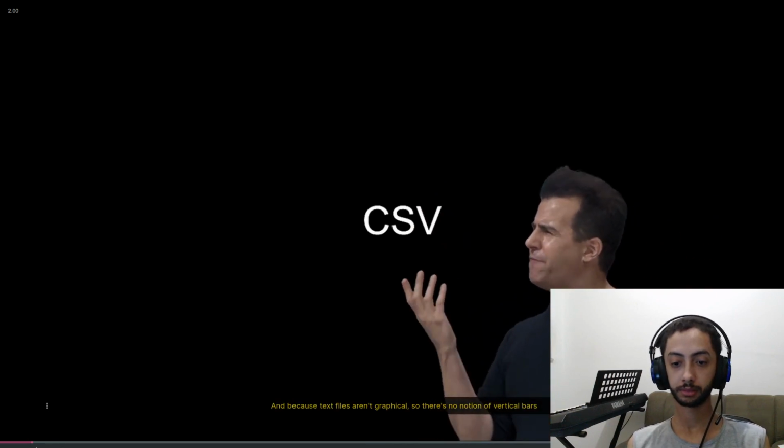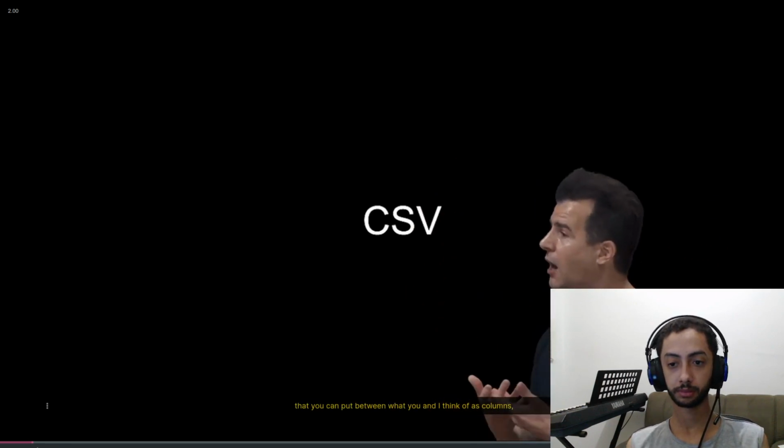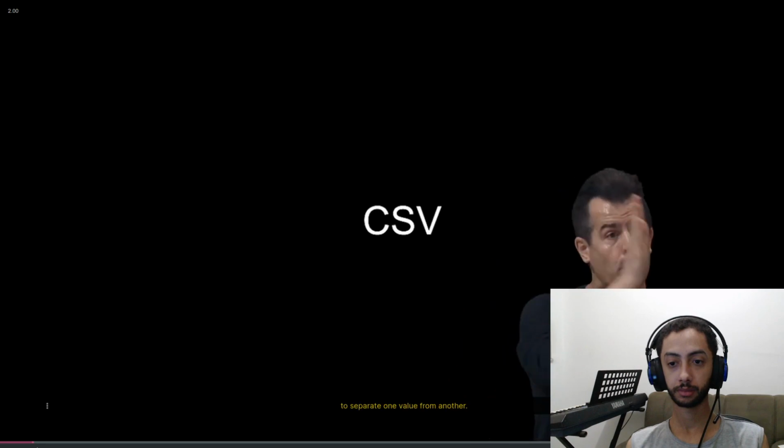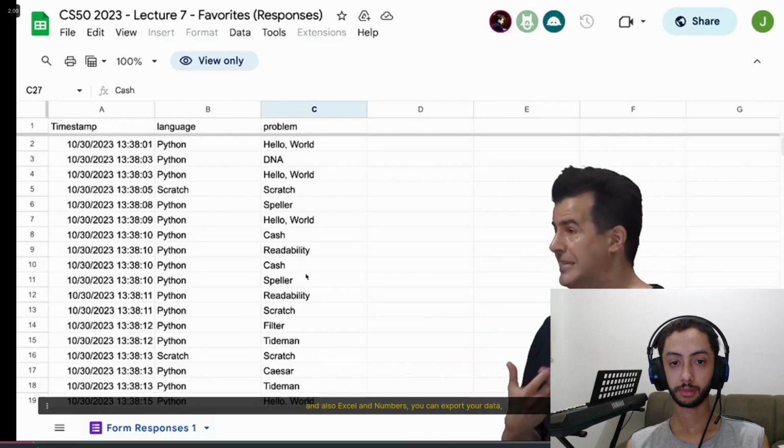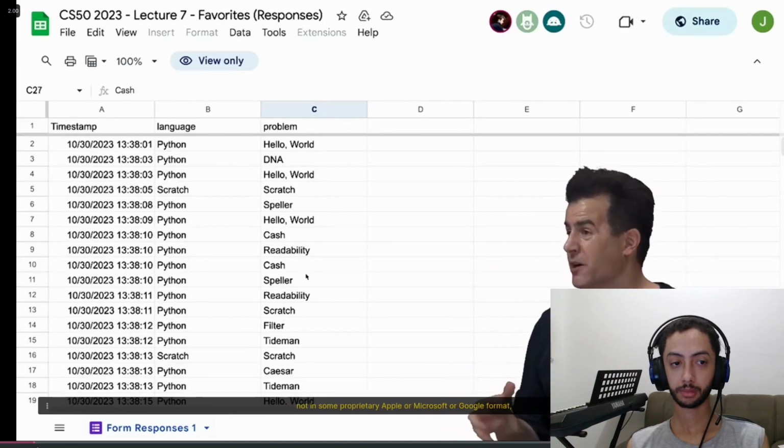And because text files aren't graphical, there's no notion of vertical bars that you can put between what you and I think of as columns. You literally just use a comma or some other such symbol to separate one value from another. So in fact, let me go ahead and do this. Even if you've never done this before, it turns out in Google Sheets and also Excel and Numbers, you can export your data, not in some proprietary Apple or Microsoft or Google format, but in a globally portable format